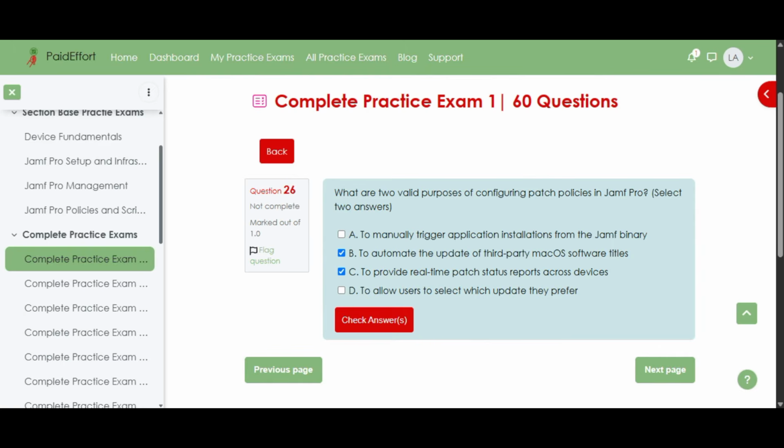Patch policies in Jamf Pro are designed to streamline software update management. One of their main purposes is to automate the update process for third-party macOS applications, ensuring that all devices stay current with minimal admin effort. Additionally, they generate patch status reports that help IT administrators track which devices have received updates,